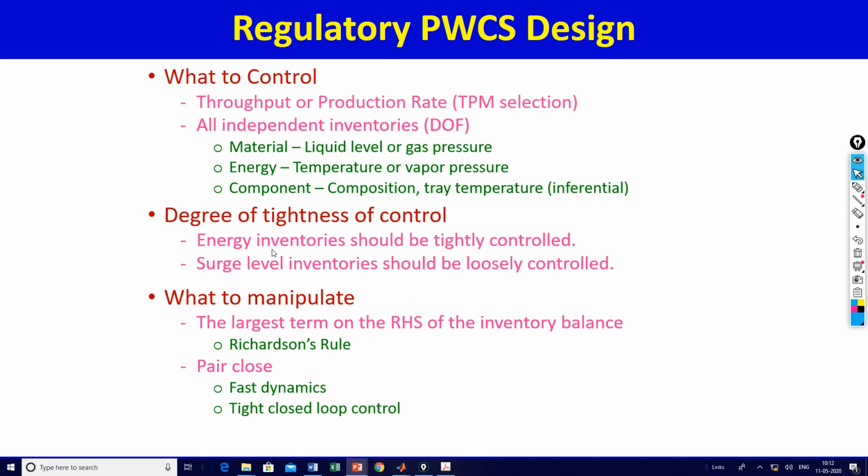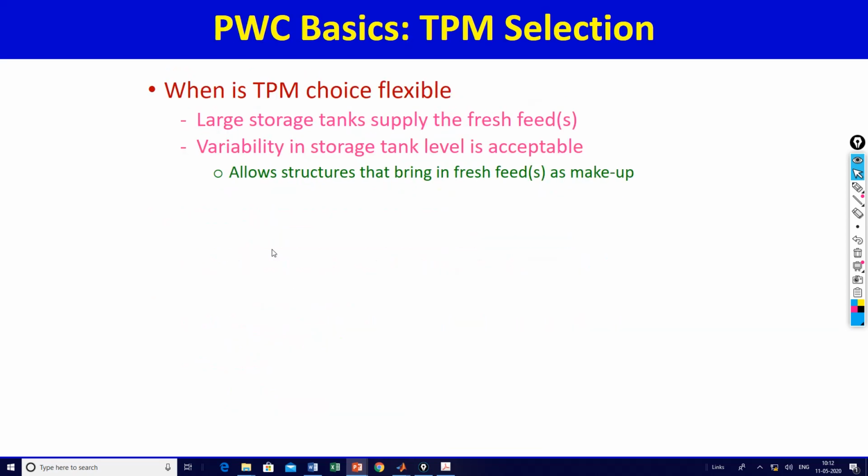and common sense driven thinking that goes into designing a robust regulatory plant-wide control system. Now, the key decision, like I told in the design of the regulatory control system, is the throughput manipulator location. The throughput manipulator location